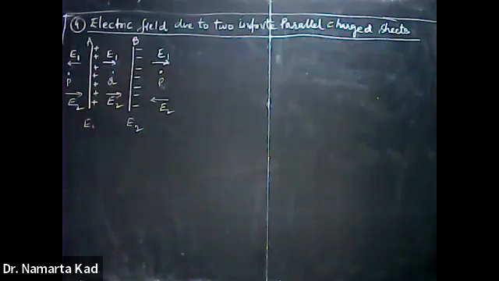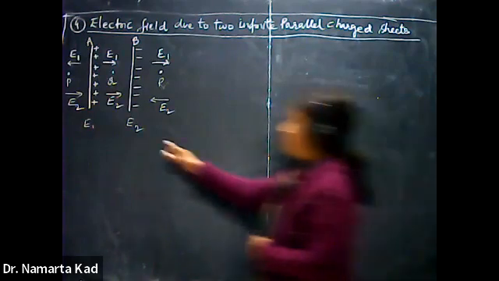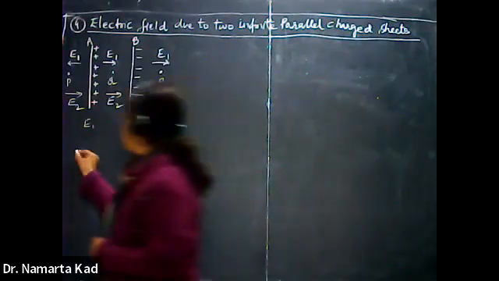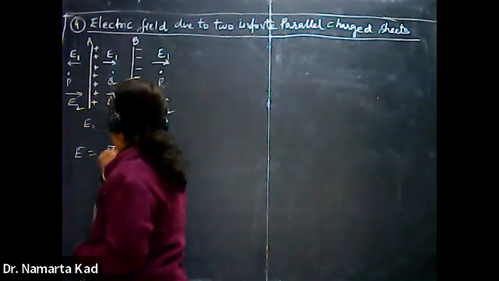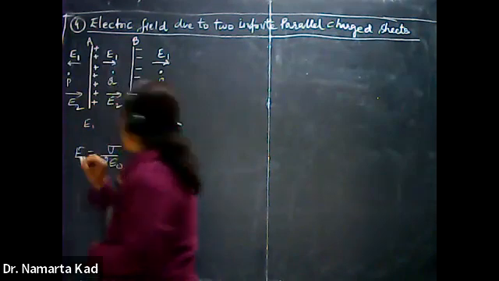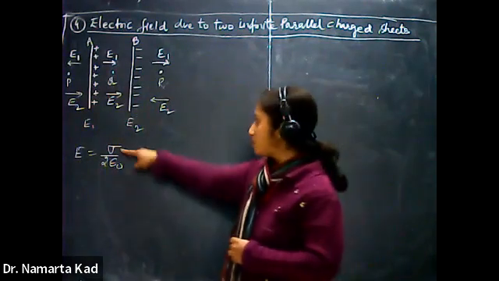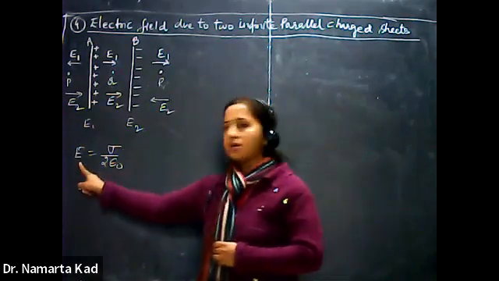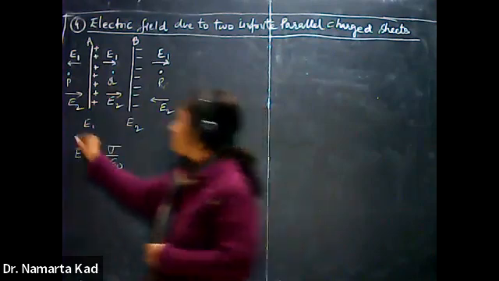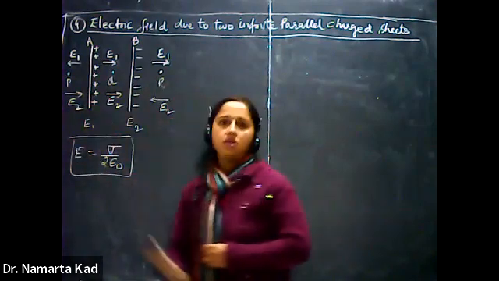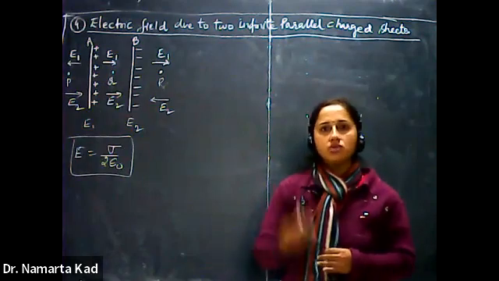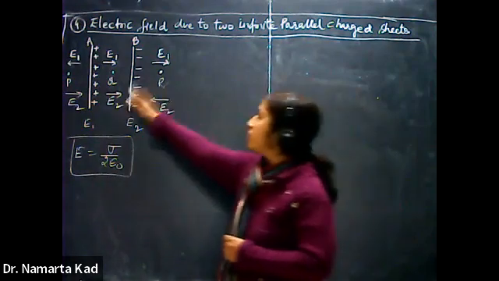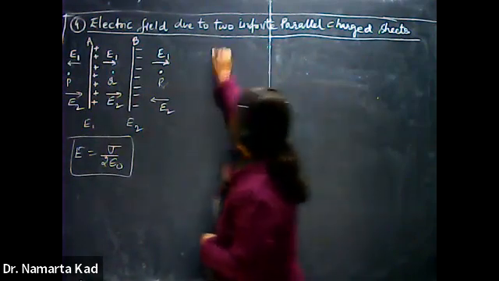And we know that for a single charge sheet, as we derived in our last application, E is equal to sigma by 2 epsilon naught. Sigma is the surface charge density, epsilon naught is the permittivity, and E is the electric field intensity. This is the formula we derived in our last application for the single charge sheet. Now for the case of two parallel charge sheets,